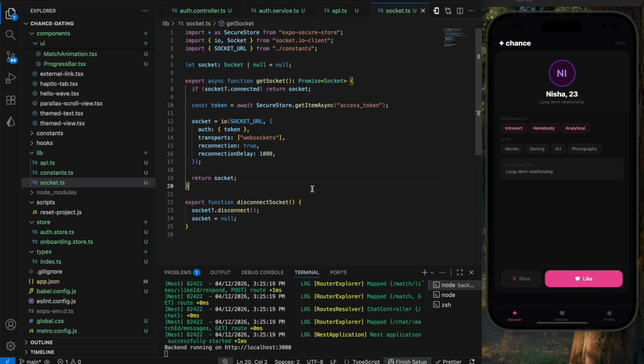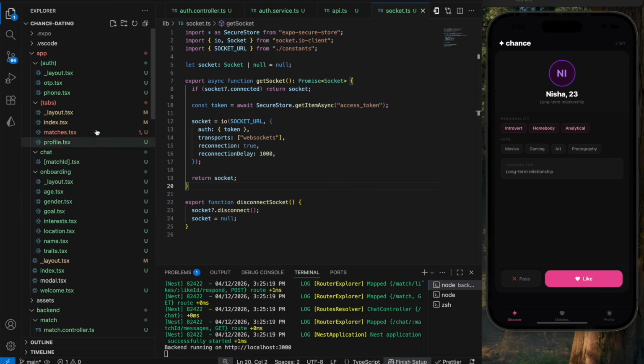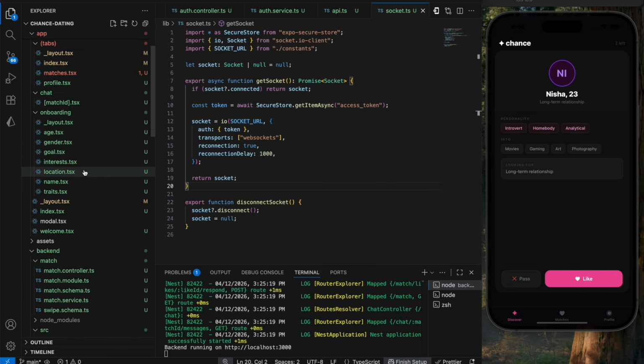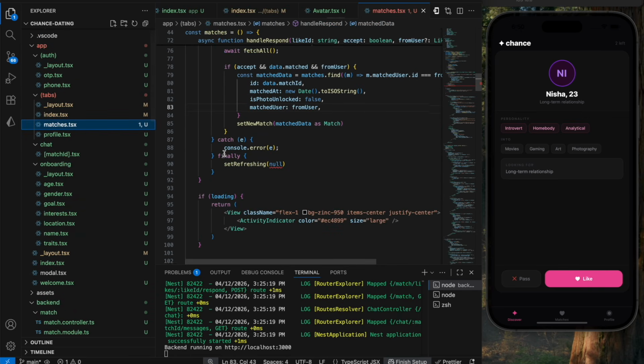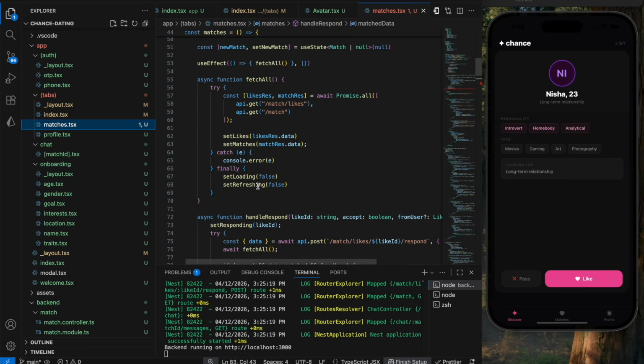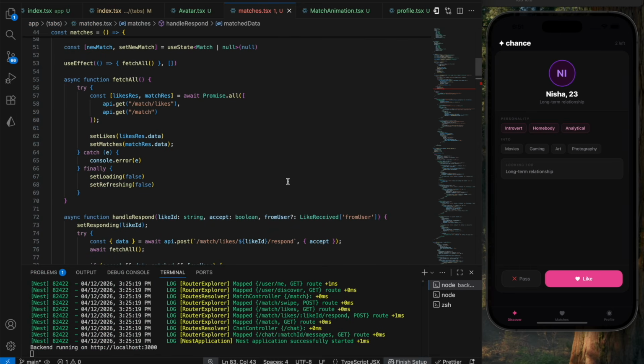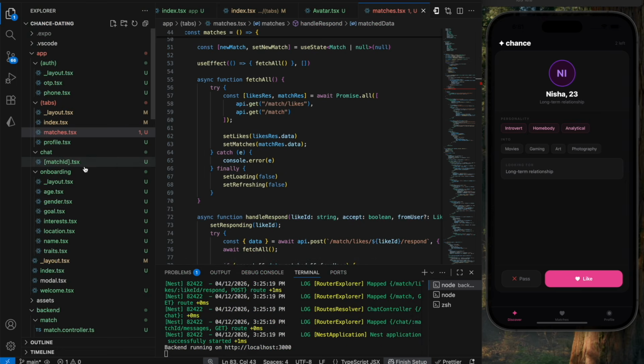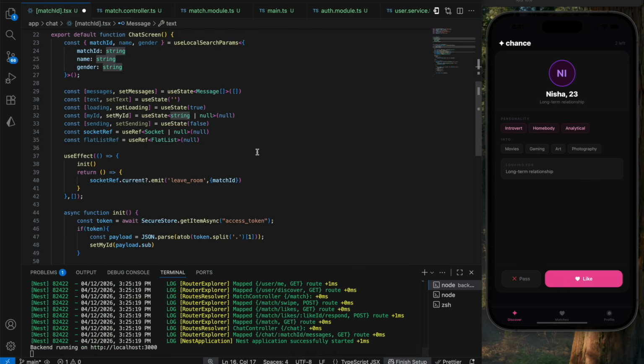Okay, my bad, not the constants file, your socket.ts file. This is going to be a getSocket method. We've already written this previously. Okay, so come back to your id.tsx file. Yeah, once we have that set refreshing, okay, this is matches, my bad. Yeah, so once we have that